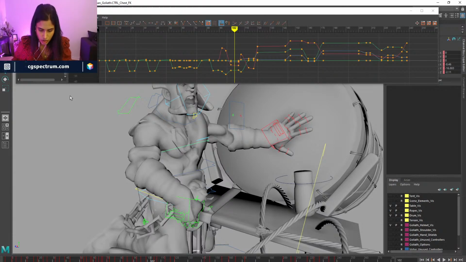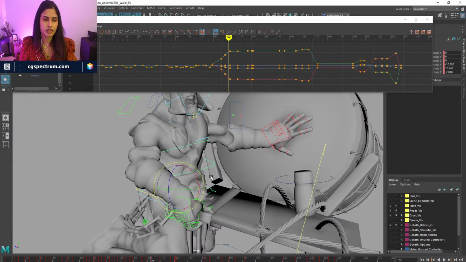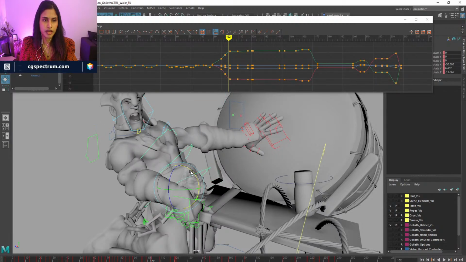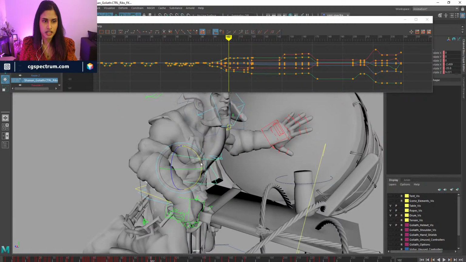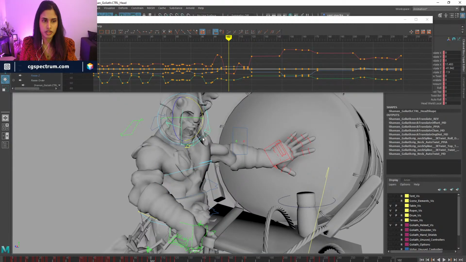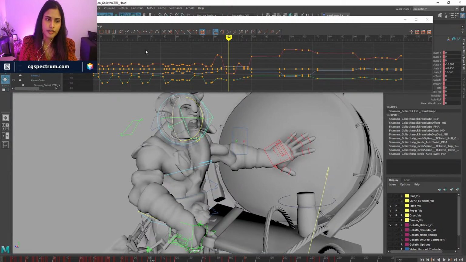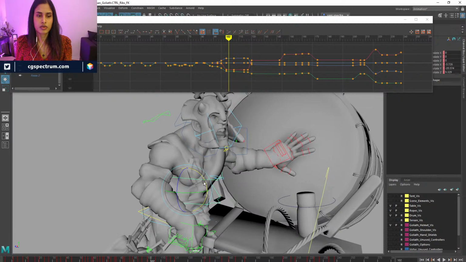Like my torso is moving, then my chest is following it, then my head is overlapping. So I would first go here, and then I do my biggest move. Then I use the secondary, then the third one, and then whatever the move I have, I will make sure that this is overlapping. So all three are not just moving like robots, but I first make this move, then this would overlap,